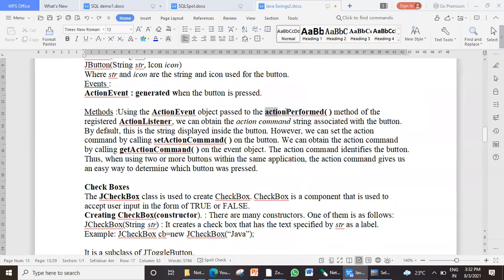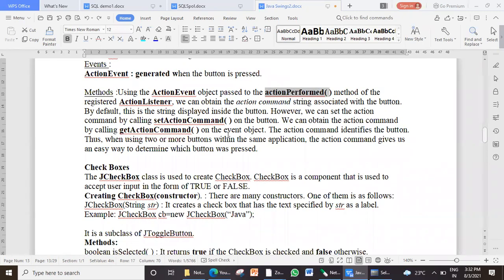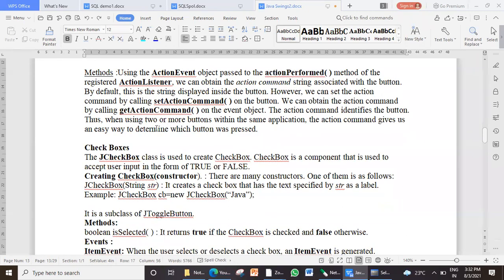So actionPerformed is a method in which we normally write the code for when the click event occurs. We have already studied this and we have also used this. The only thing is we have to use it in the case of Swing components. Earlier we have used it with AWT. Now we will have an example with Swing components. Inside actionPerformed, we can write the code that should get executed when the button is clicked. If you have multiple buttons and you want to know through the program which button is clicked, you can use the method called getActionCommand.